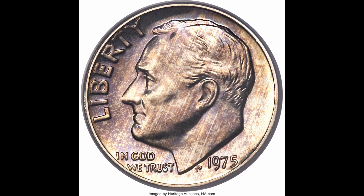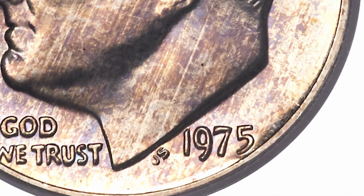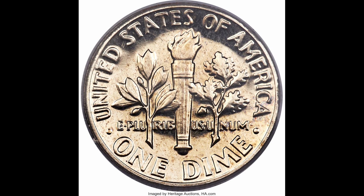This is a big coin right here. This is a 1975 no S Roosevelt dime. Now what you want to look for anytime you come across a 1975, this is a huge thing. Make sure you're looking out for this. So above the 75 there should be a little S, meaning the San Francisco Mint minted this coin, but in this case there was an error when they were minting the coin and they forgot to put the S there. So definitely keep an eye out for this coin. If you see a 1975 with that missing S mint mark, you could have something worth a lot of money. This one sold for